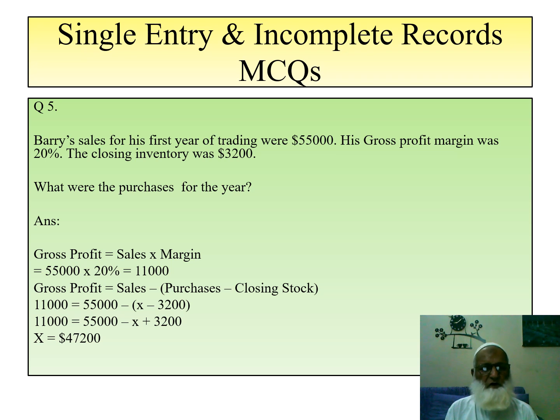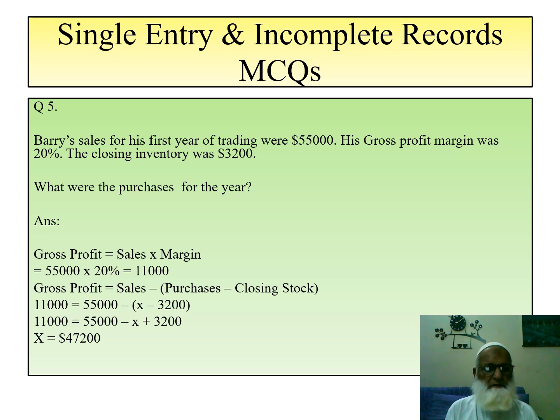That gives us the gross profit, and gross profit is equal to sales minus the purchases minus closing stock. So gross profit 11,000 is equal to 55,000 minus X minus 3,200, that is the ending inventory. Okay, if we open up this equation, then as there is a minus at the beginning of the